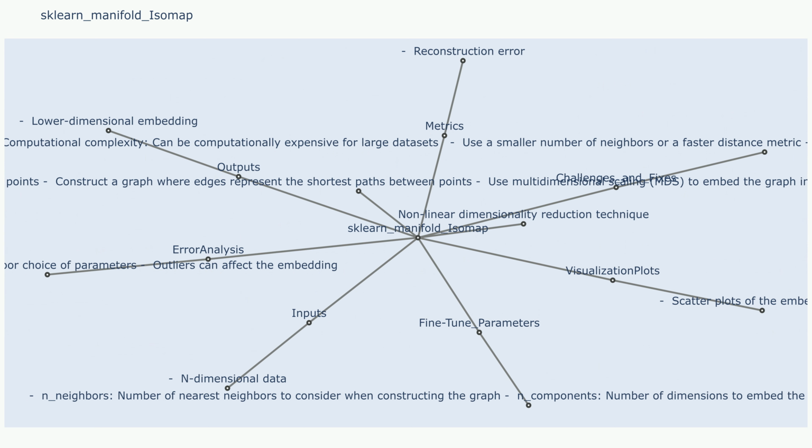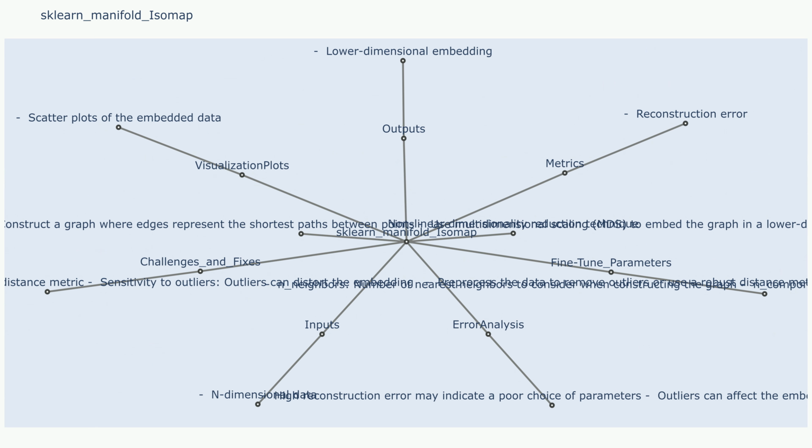Fine-tune parameters. n_neighbors: the number of nearest neighbors used to construct the neighborhood graph. A larger value can lead to a smoother embedding but might oversmooth nonlinear structures. n_components: the desired dimensionality of the embedding. Lower dimensions can lead to a more compact representation but might lose important information.